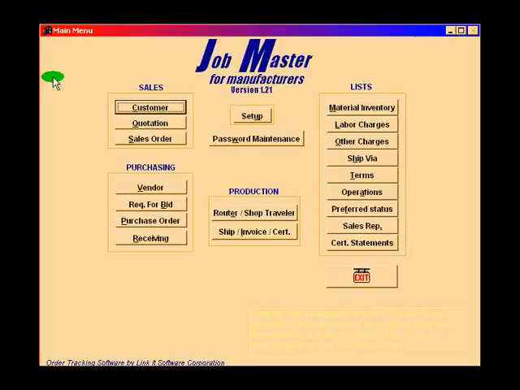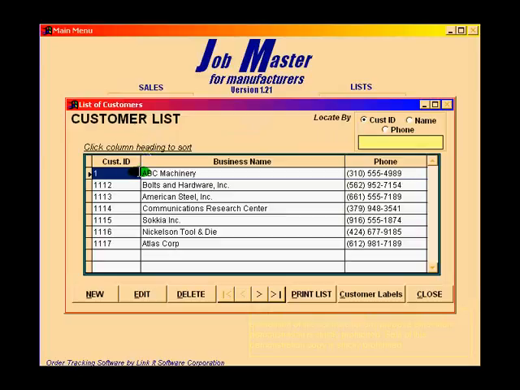We will now move into the sales category of JobMaster and the customer button. By clicking on the customer button, we are brought to this screen. Here the operator can see a list of all of the customers previously entered into JobMaster. Here a new customer can be entered by clicking on the new button, or a selected customer already in the